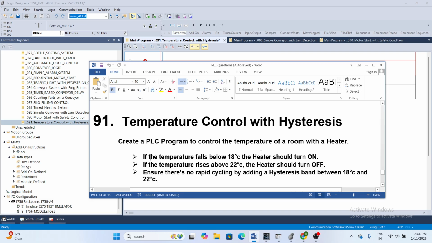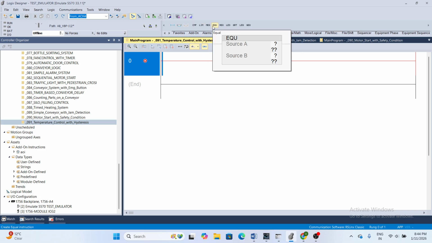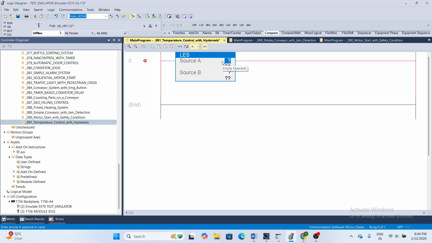One by one I will discuss these points. If the temperature falls below 18 Celsius, the heater should turn on. So I take a compare block, and now I take a less than block. Understand, less than. Room temperature, means heater temperature, HEATER temperature.